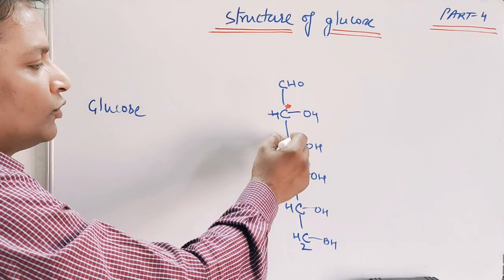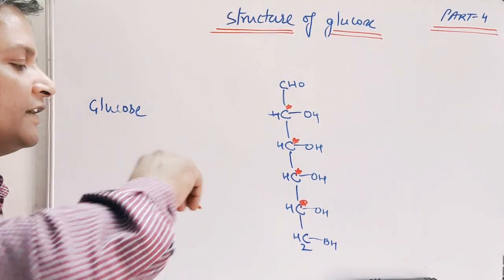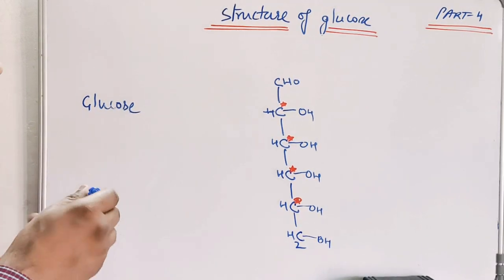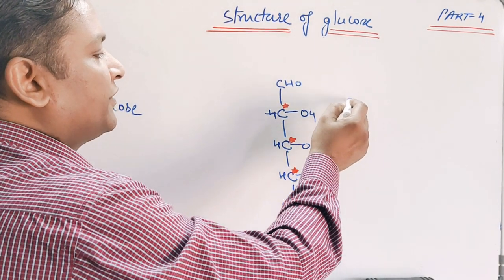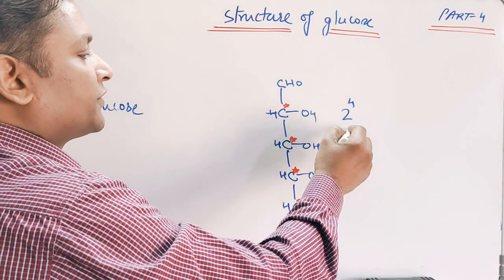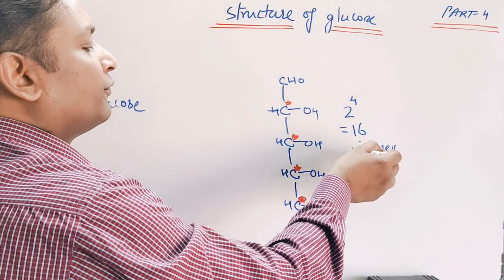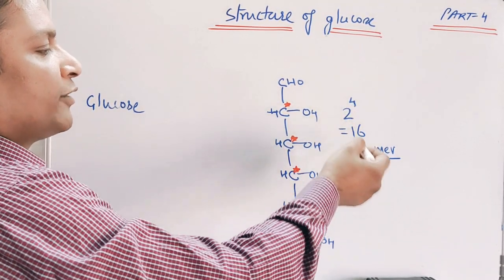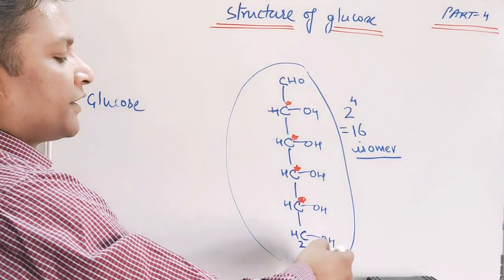So I have obtained glucose in a simple structure containing 4 chiral centers, and this is the structure of glucose containing 4 chiral centers. And we know that 4 chiral centers means there are 16 isomers of glucose possible. As all of us know, we determine the number of isomers by the number of chiral centers. So chiral centers are 4, so 2 to the power n, it means 2 to the power 4, which means 16 different derivatives are possible for this compound.